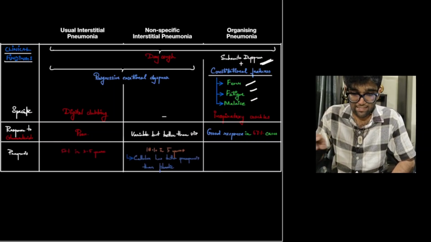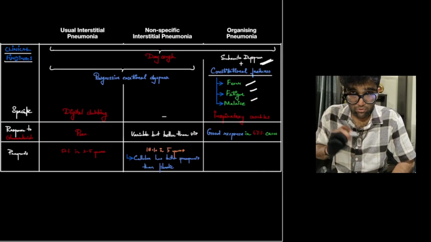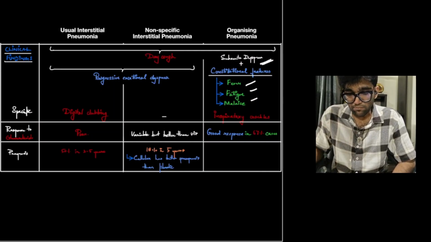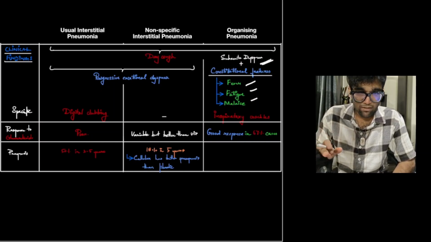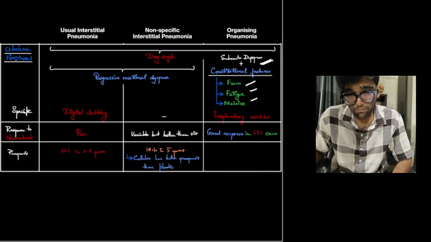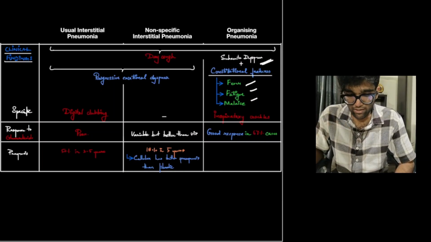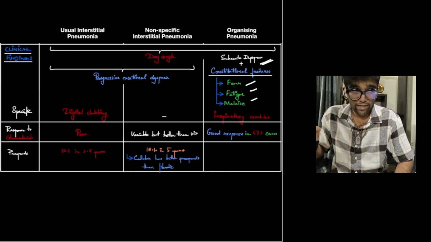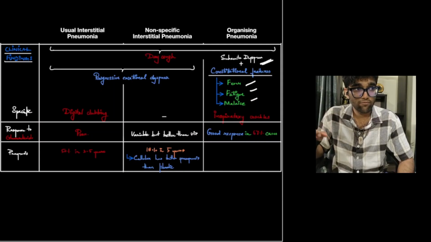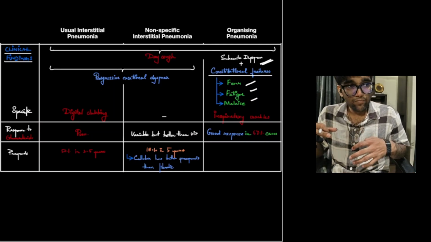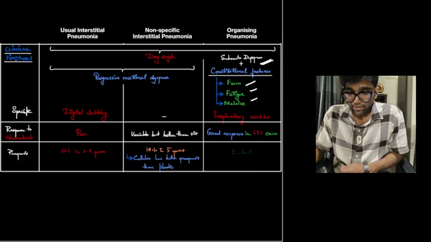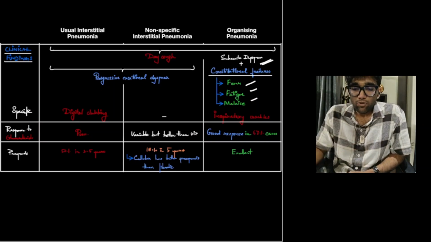Prognosis wise, obviously UIP has the worst prognosis, with a 50% mortality rate within 3 to 5 years of initial diagnosis. NSIP is much better, as in, it's 50 becomes 15 is how I like to remember it. So it's around 18% in 5 years. And there are two histological subtypes. In that, cellular has much better prognosis than fibrotic because it represents an earlier stage in the evolution of the disease. And organizing pneumonia actually has very good prognosis, and as long as the primary disease is managed, patients